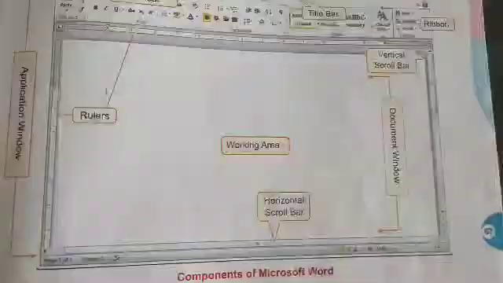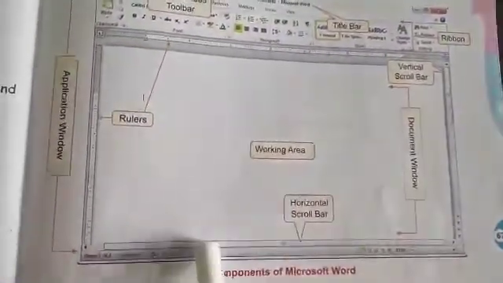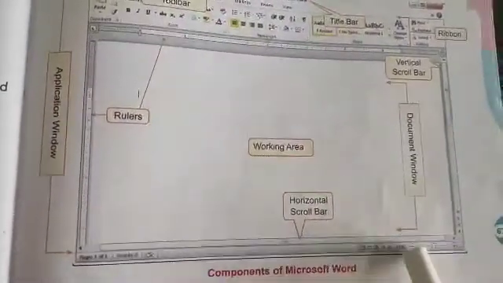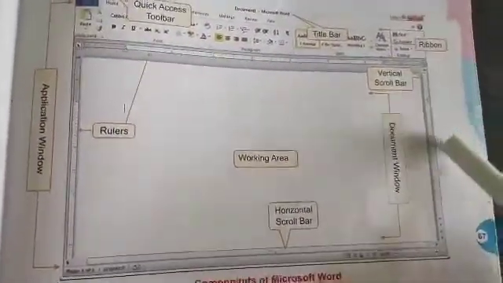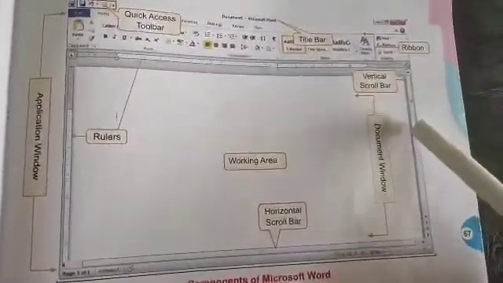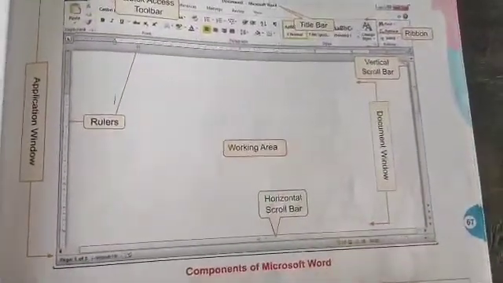Okay? So this is vertical scroll bar and this is horizontal scroll bar. It is used to move the screen left or right, and vertical scroll bar is used to move the page up or down. Clear?